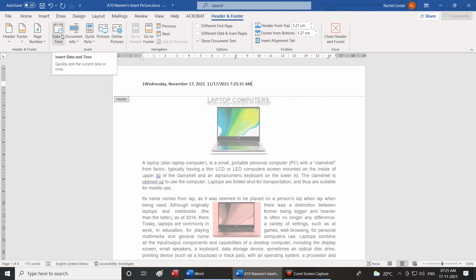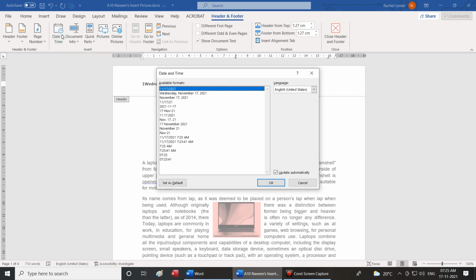The date and time option has 17 formats predefined.